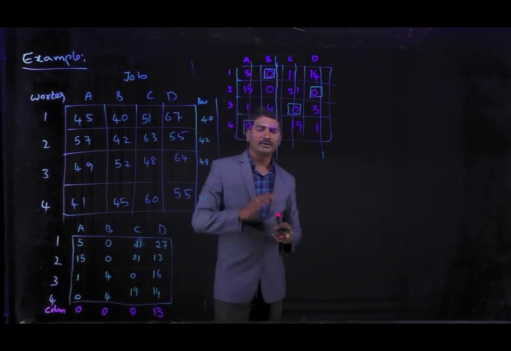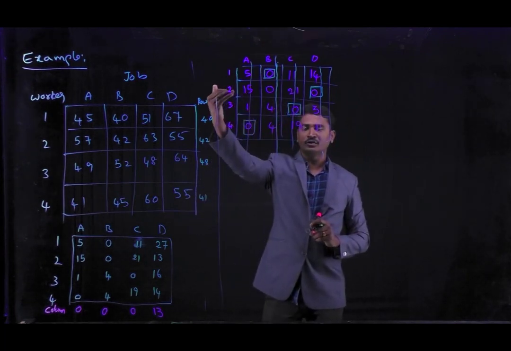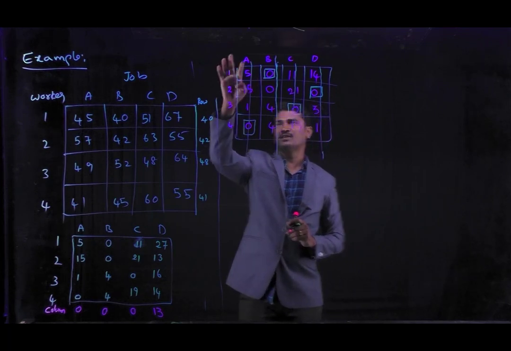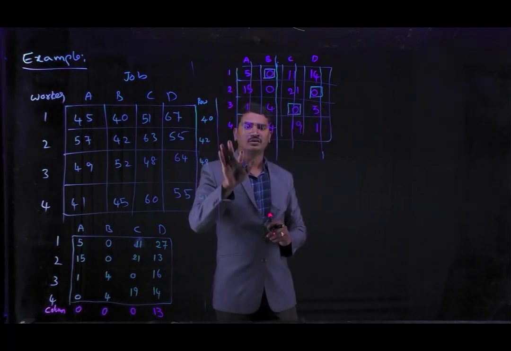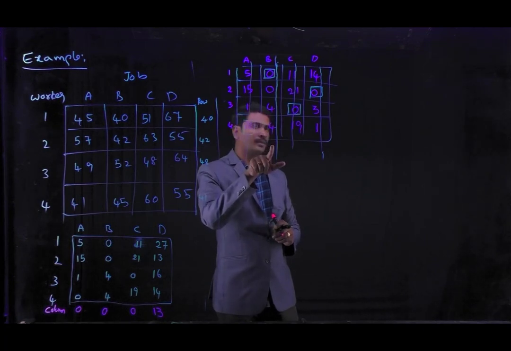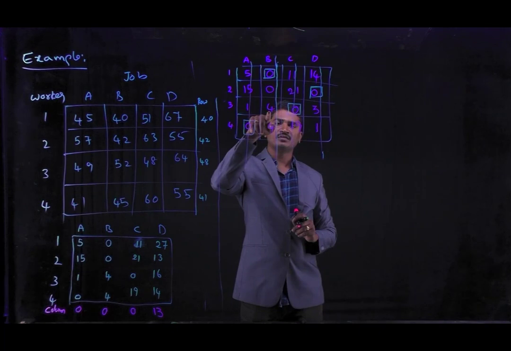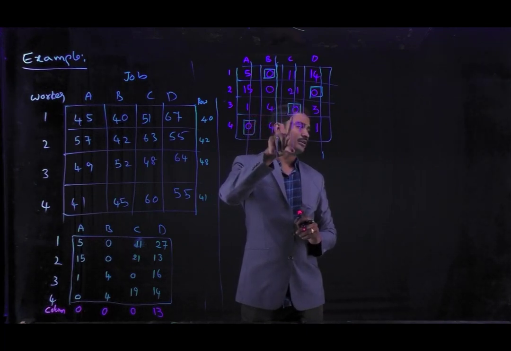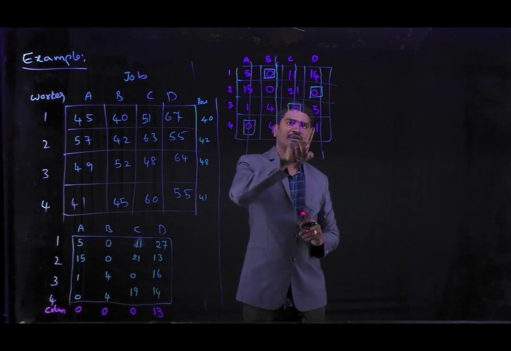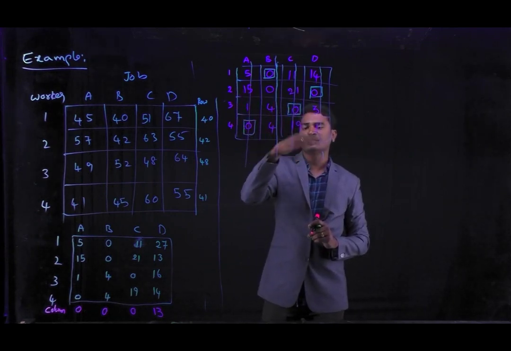After completion of the row searching, we are going to the column searching. Coming to the first column, there is no 0. Any zeros are there? No, there is no 0. Coming to the second column, here we have already assigned zeros. So no need to take any assignment here in the column searching. Next, third, there is no 0. Fourth, here also there is no 0. Already zeros are identified in row searching itself.